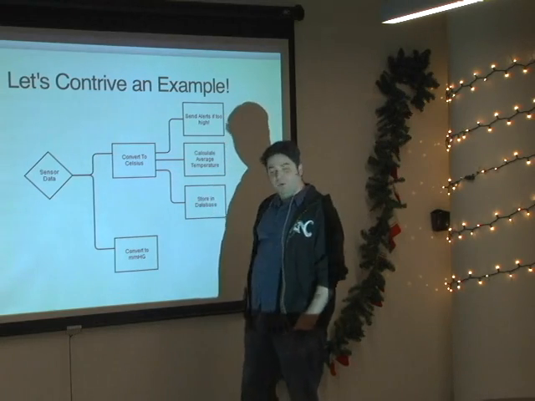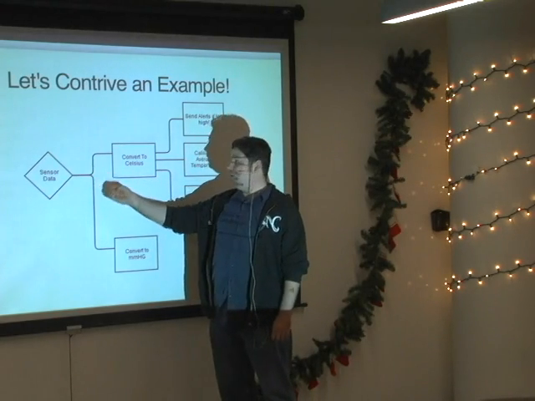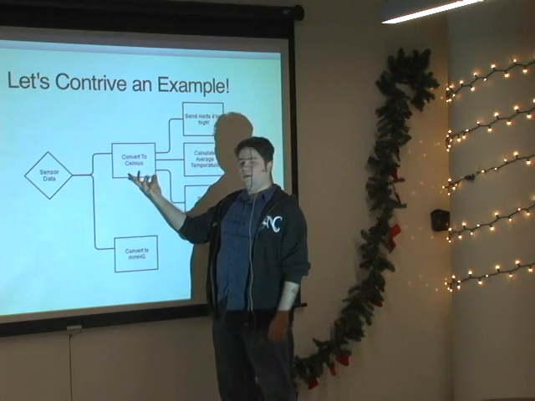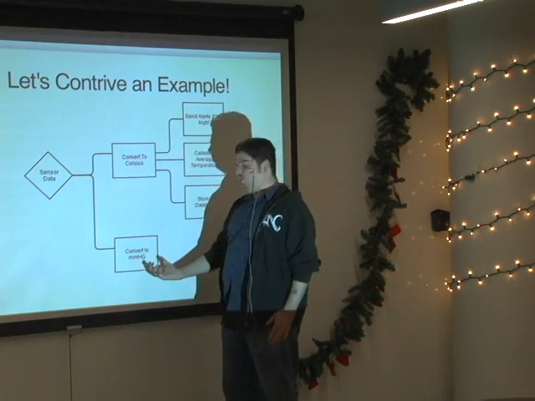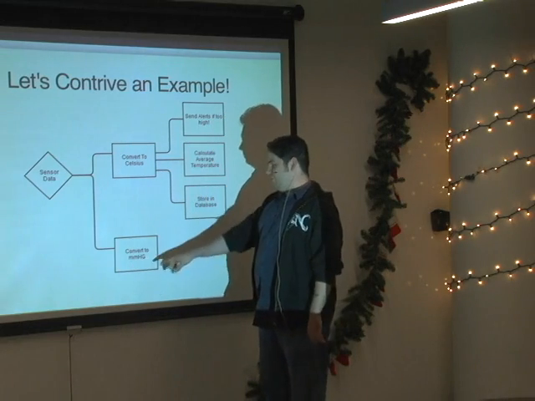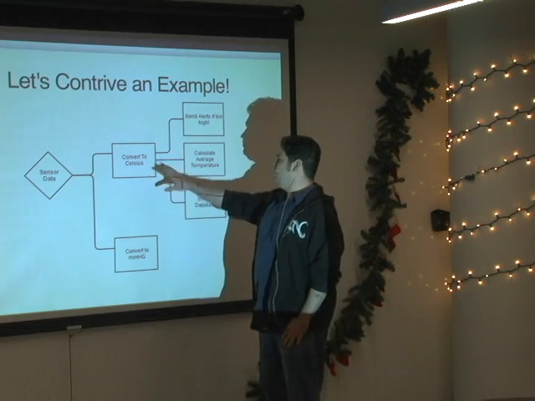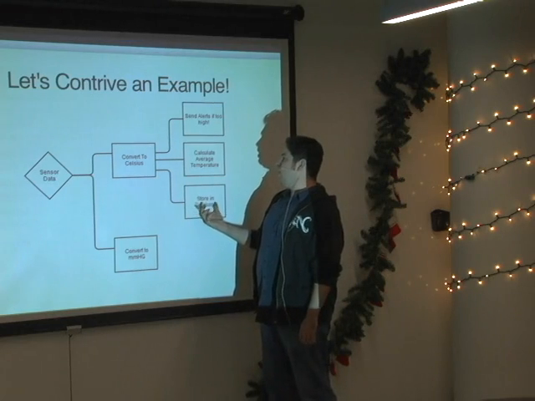And so the first thing that we really want to do is split that data stream and say, okay, if it's temperature data, go this way, and if it's pressure data, go this way. Then we're going to convert temperatures into Celsius, because we just like Celsius, and we're going to convert pressure into millimeters of mercury. Okay, cool. That's done because we just calculate things for no reason and then ignore them. This one continues on. It says, first, let's go store that in the database.